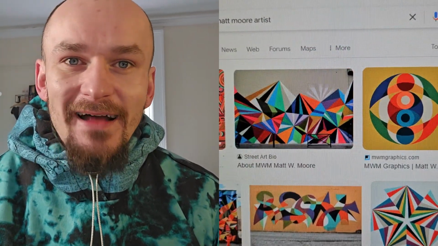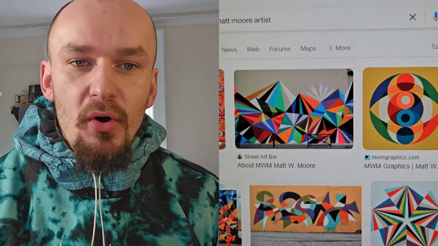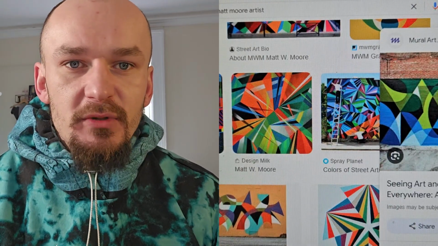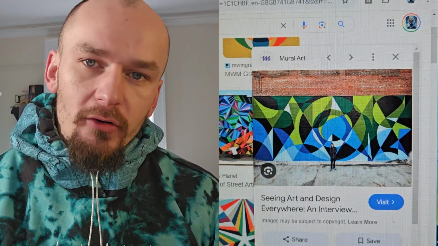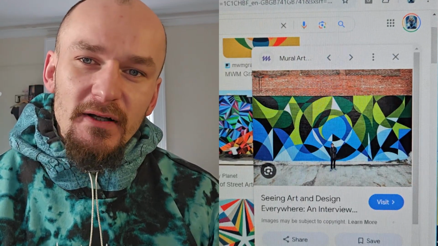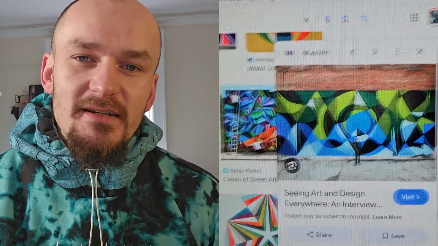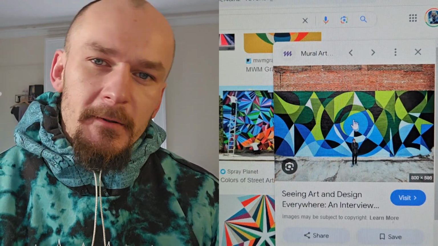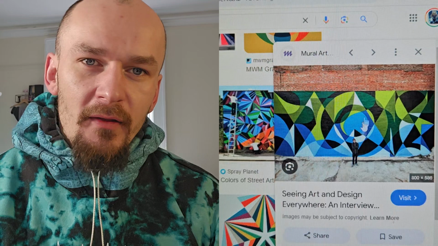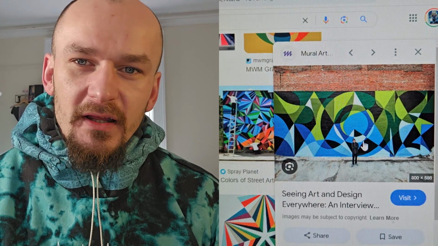So let's look at this artist briefly called Matt Moore. Now let's look at this piece. This piece is quite extravagant. It's quite a large wall mural, and it looks very visually, aesthetically pleasing, or at least it does to me. It looks like everything matches. It looks like we've got a good colour theme going on there. The green really goes well with the blue, and it gives a sort of a